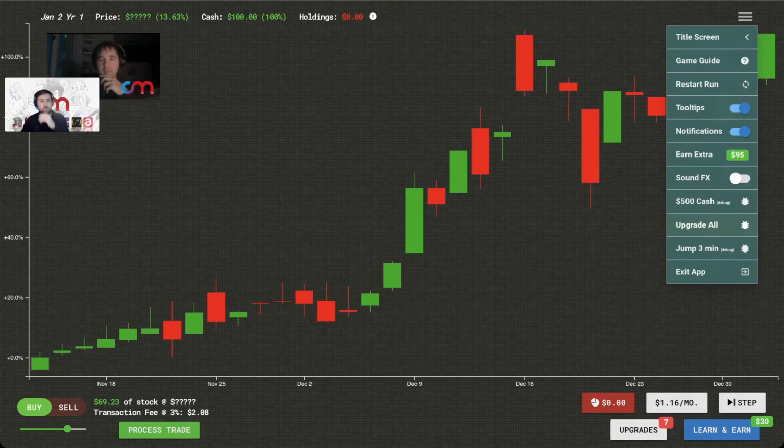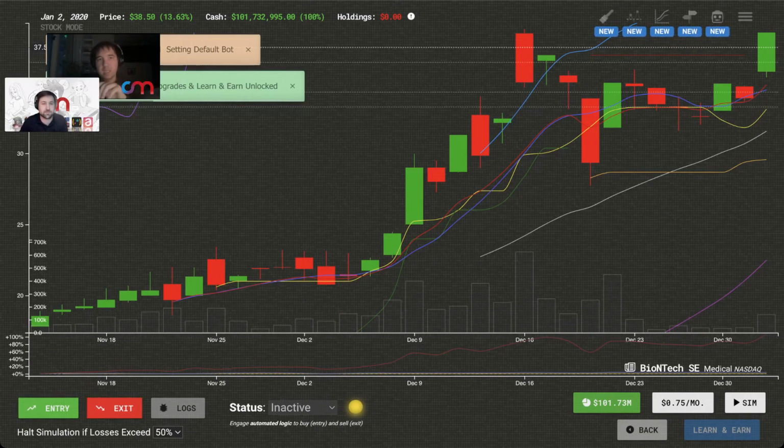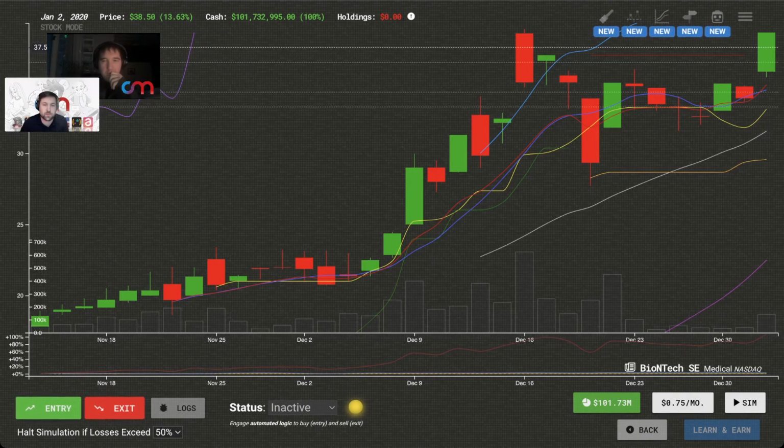One of the cool things I like about this is, I'm going to have to upgrade all real quick to show you. All right, we have this biotech NSE stock, and over the course of the game, you unlock each thing piecemeal. First you would unlock that it's in the medical sector, and that would give you another piece of the puzzle. Then it would give you the name of the stock, which is another piece of the puzzle. And then here you have this little newspaper icon.